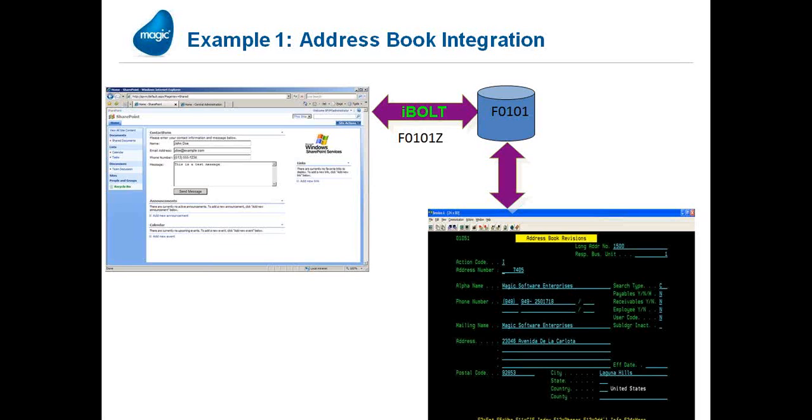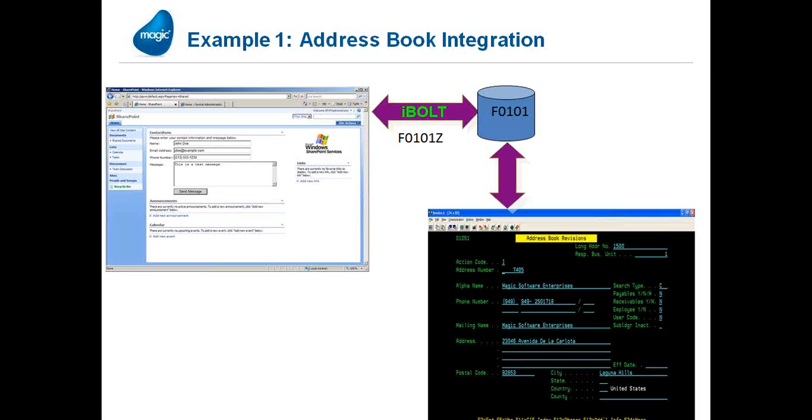Well, one of the examples of what you can do is address book integration. So let's assume we're running JD Edwards World. You see that in the bottom lower right corner of the screen. You're running a SharePoint application for contact management. And using Magic XPI, formerly known as iBolt, you're running a Z process, the F0101 Z process.